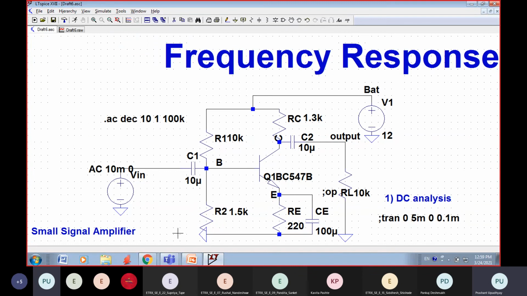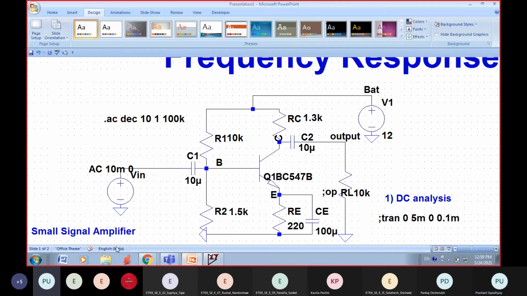We can just summarize what we have done.